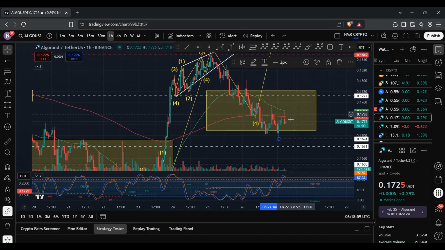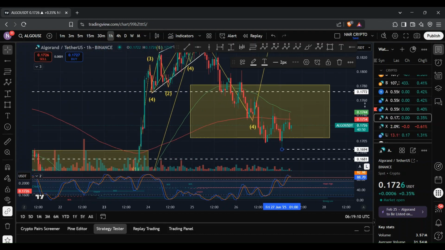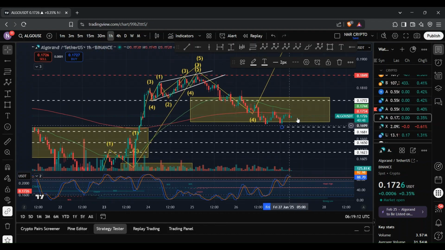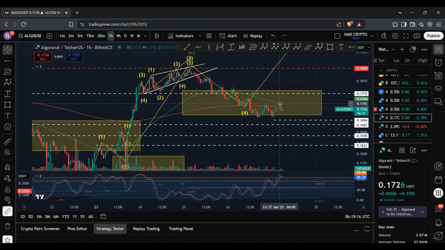And since this moved to the downside, where we ended up reaching 16.94 cents, we then saw a retest towards the 50 EMA and the 200 EMA. But then we got rejected, which then led to this recent move to the downside. And so it will be interesting to see if this move is now complete, and then we get to see that reversal to the upside, where we can then begin to track the wave 5, or if there's still an opportunity for us to go even lower.